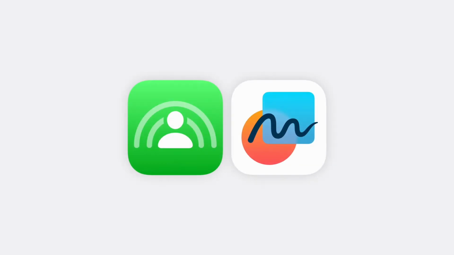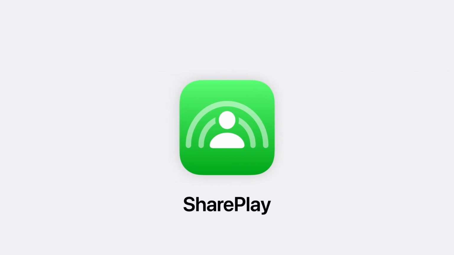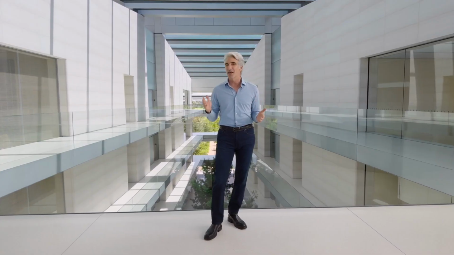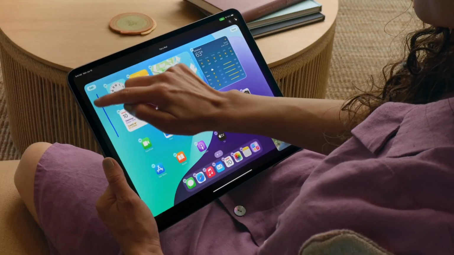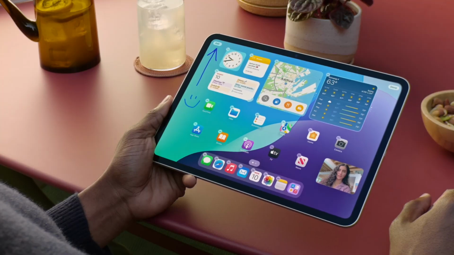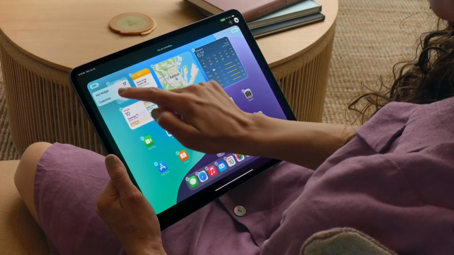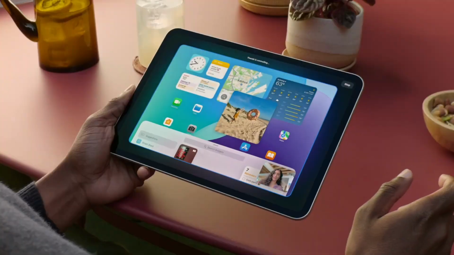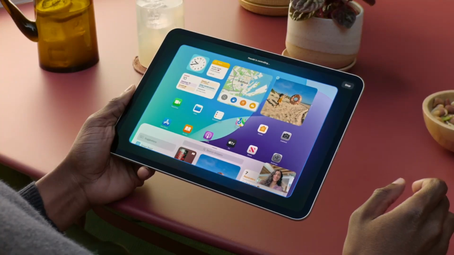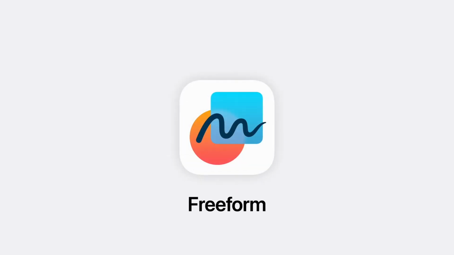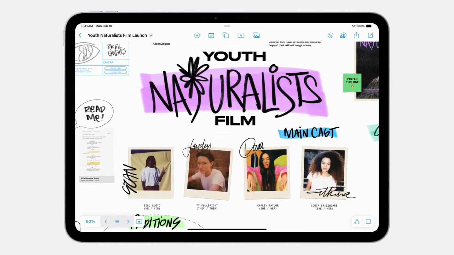Now, let's take a look at updates to SharePlay and Freeform. One of SharePlay's best features is screen sharing. It's a great way to help friends and family from afar, and we're making it better in 2 ways. Now, you can tap and draw on your screen to point out what they should do on theirs. And if you need to assist more directly, you can ask for permission to remotely control their iPad or iPhone. I hope that helps. And Freeform adds scenes, an all-new way to select sections of a board to present them